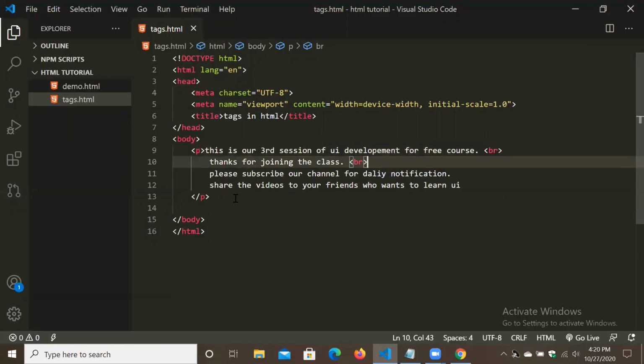Refresh. Guys, you can download Live Server also and use it, but I like this way because for any person who is not familiar with the technology, for explaining to them, that's why I use this way, alt tab and opening the browser like that. You can use Live Server also.